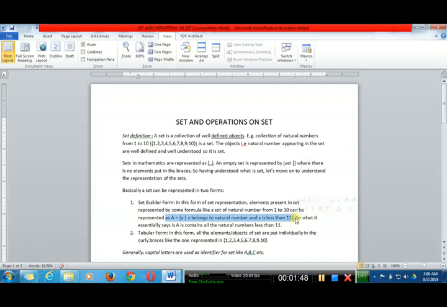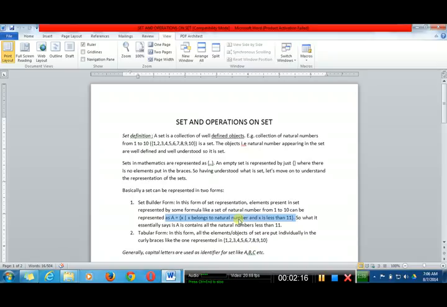So essentially it is a set of the first 10 natural numbers, that is natural numbers from 1 to 10. This is one form of set presentation. It is a compact form. We use it for huge sets, so that we can replicate the elements through some formula.